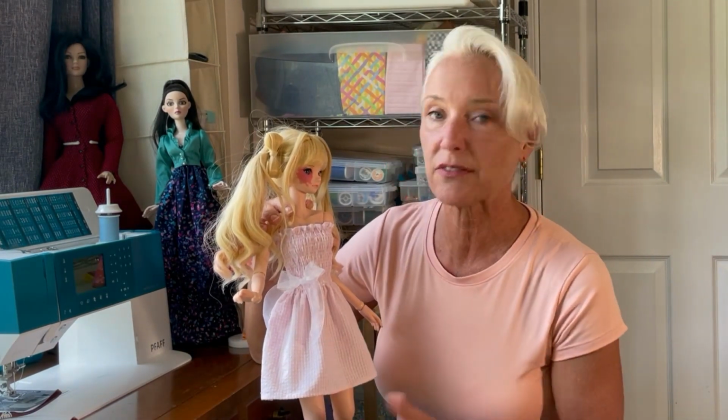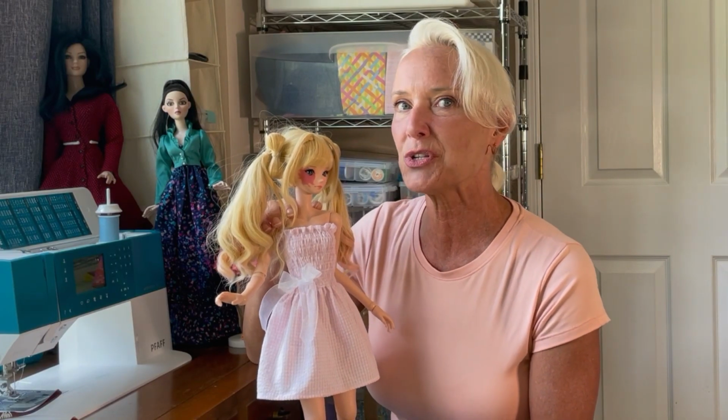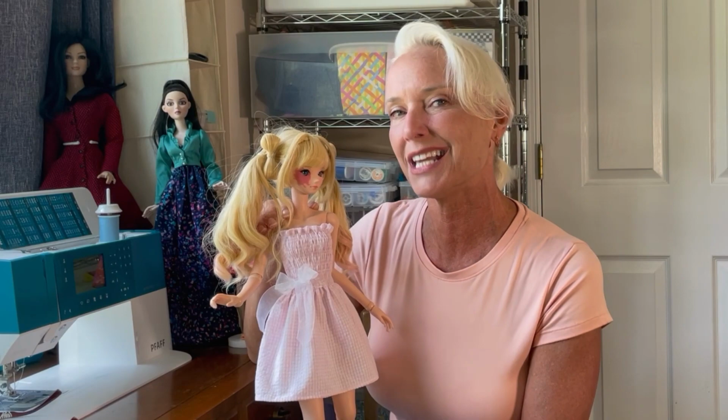As promised, today I'm going to show you how to make an adorable sundress for any doll that you want in just a few minutes. Yesterday I put out a quick short on how to create the dress shown here on the Smart Doll. Today we're going to do the same construction steps, slowed down just a little bit in case you have questions,